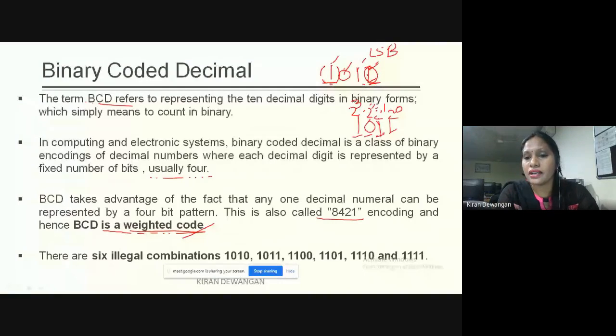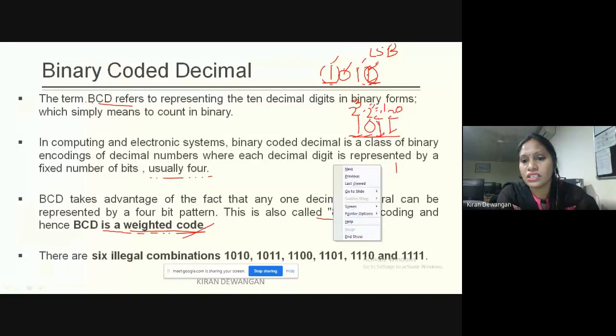So these are the different weight positions. Since it is 2 to the power 0, it is 1. This is 2 to the power 1, it is 2. This is 2 to the power 2, it is 4. 2 to the power 3, it is 8.